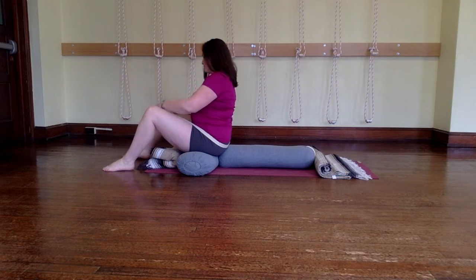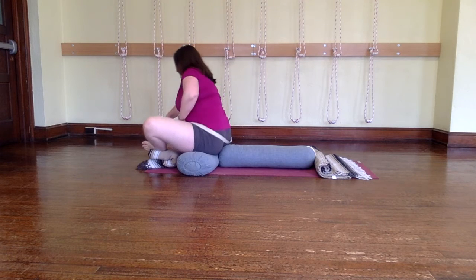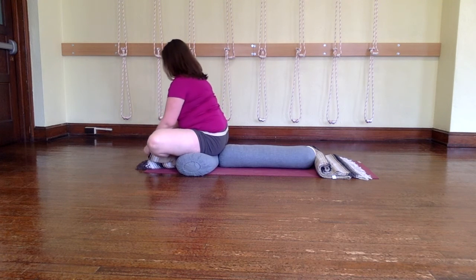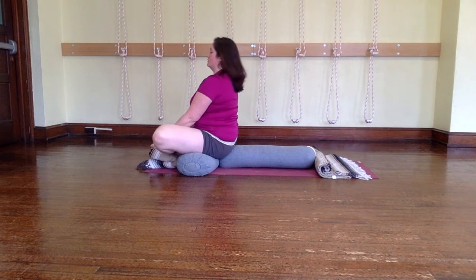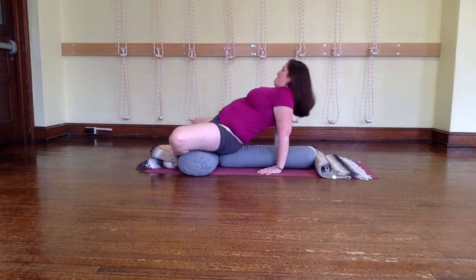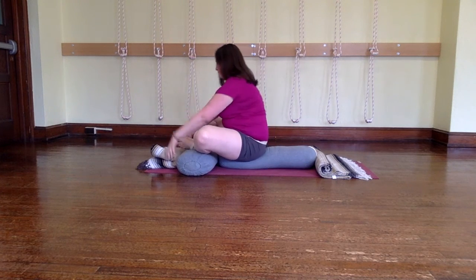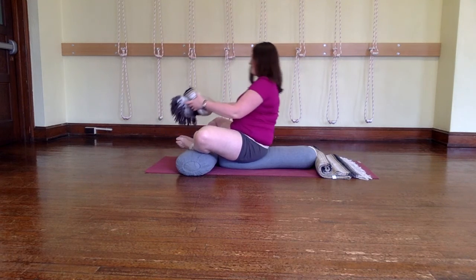She's going to bring the soles of her feet together into Baddha Konasana and take the belt and place it around her feet, the outer edges. So it goes from around her sacrum, her outer hips to her inner thighs and around her outer feet. Now she's going to scoot back on that bolster until her feet are on the bolster, and then she's going to sit back up and take that blanket that's folded into a compact shape and place it underneath her feet